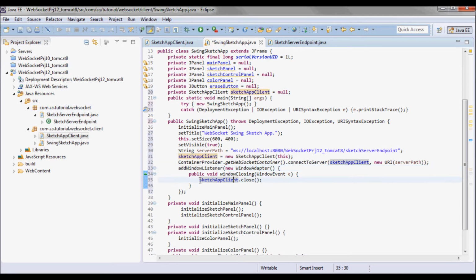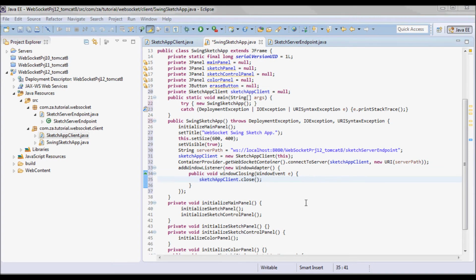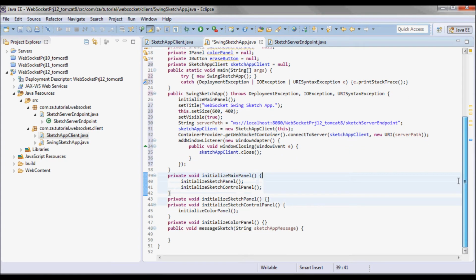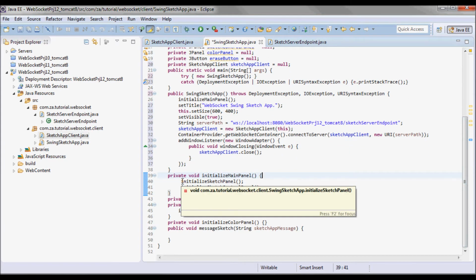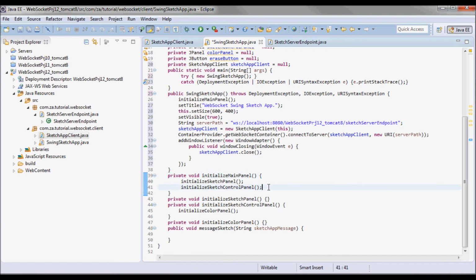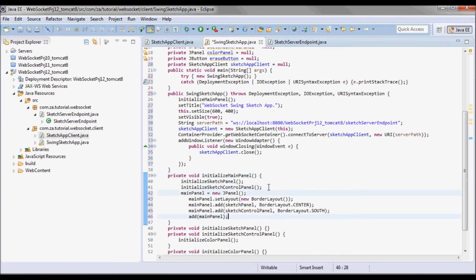So here on window closing, I'll do sketchAppClient.close. Now in initialize main panel, after initializing both the sketch panel and the sketch control panel, I'll go ahead and create a new JPanel instance.